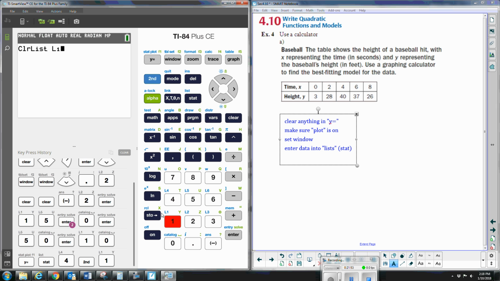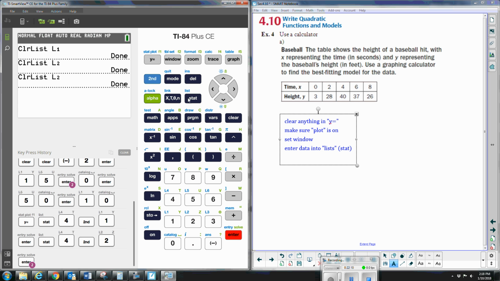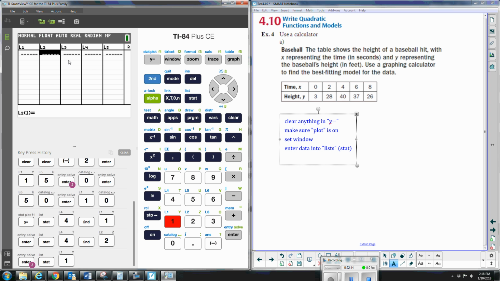1. Here on your calculator, you can see L1. Just enter, and I also want to clear my second list because that's where I'm going to enter my data. So stat, clear list, and clear list 2. All right, so now when I go into stat, I can edit, and my list 1 and 2 are cleared out. So I'm going to go over and enter all of my x values in list 1